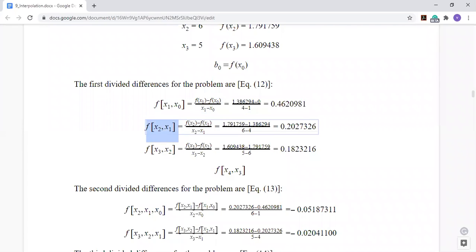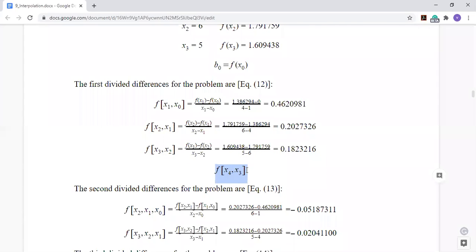f of x2, x1 is simply given by f of x2 minus f of x1 divided by x2 minus x1. Then f of x3, x2 is simply f of x3 minus f of x2 divided by x3 minus x2. So you can see the trend. There's no need to memorize anything, there's a trend going on. Then when you put in the values, because these values are given in the question, you arrive at this particular coefficient. So we can't do this because